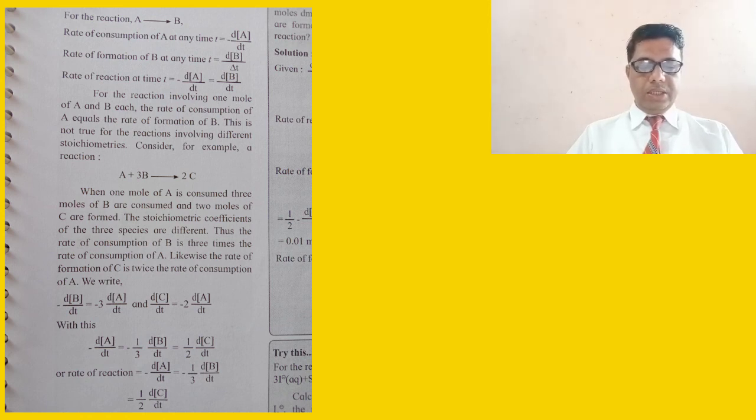Or rate of reaction is equal to minus dA by dt is equal to minus 1 by 3 dB by dt is equal to 1/2 dC by dt. This is the instantaneous rate. Or in general, if we consider a reaction